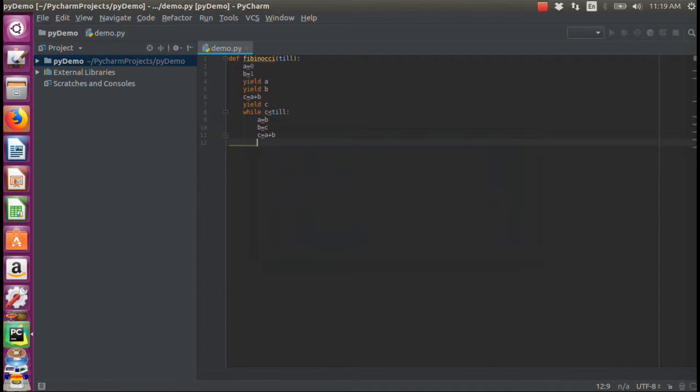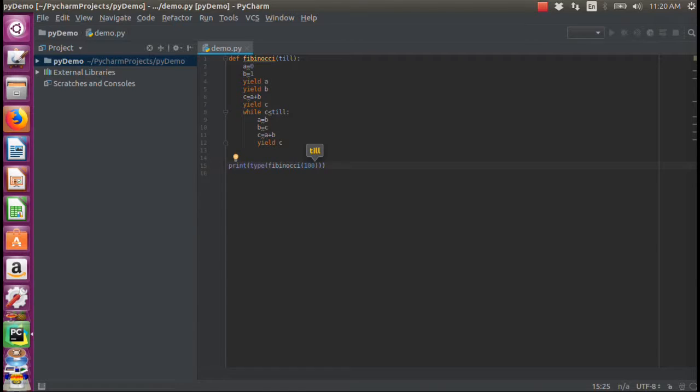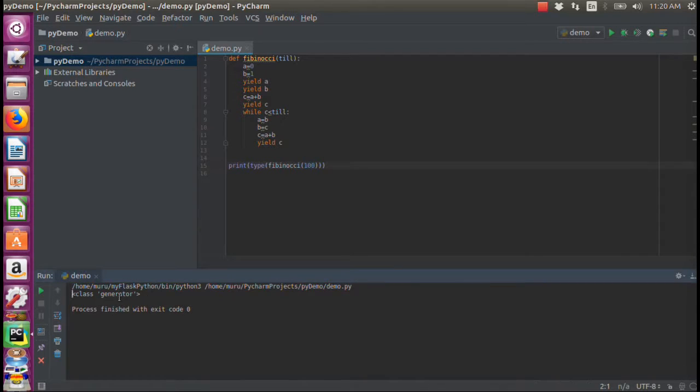Python is dynamically typed, which means you do not declare the memory type of any variable. So I defined the generator Fibonacci, and I'm trying to print the type of the generator and seeing this. So see, it's a class generator. A generator is not a function, it's a class. So let's try to print the